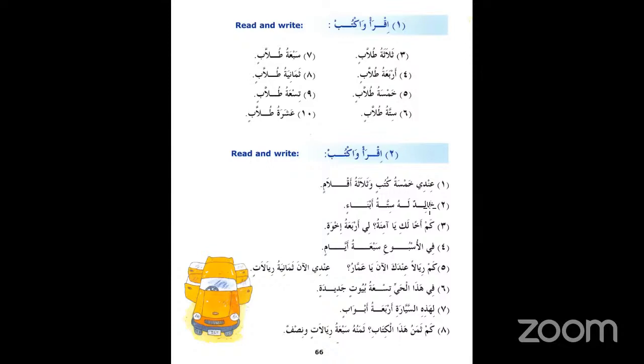Okay. Houses is masculine, right? So it will be khamsu. What is houses? Baitin. So the plural of bait is buyut. Buyutin. Yeah. And rooms is feminine. Yep. So wa thalathatu